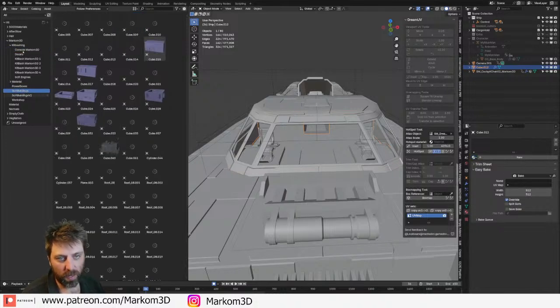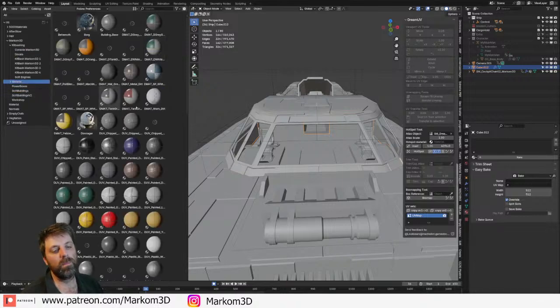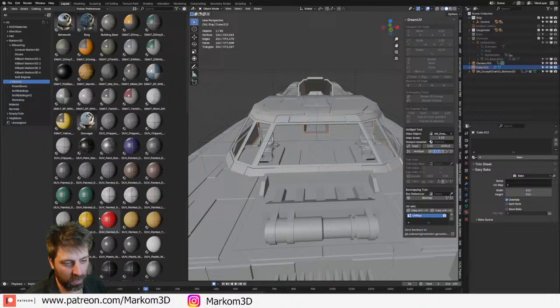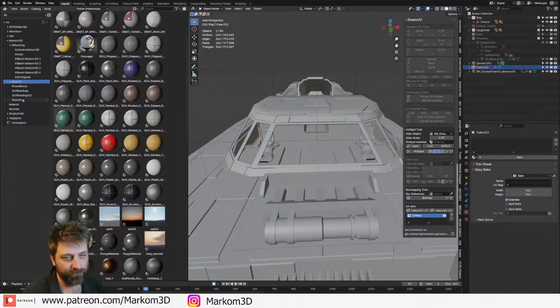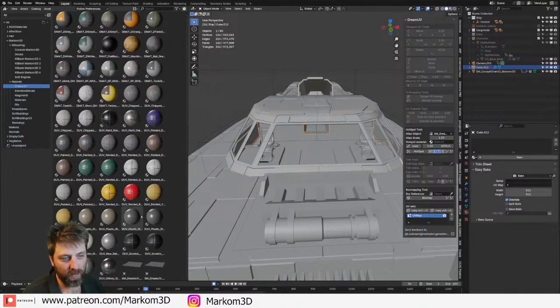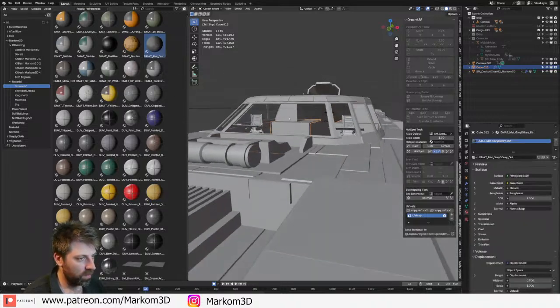So for anyone wondering, I'm using something called DreamUV. And for some reason they've doubled up, which is absolutely awesome. Let's do that. And we'll do the same on that.